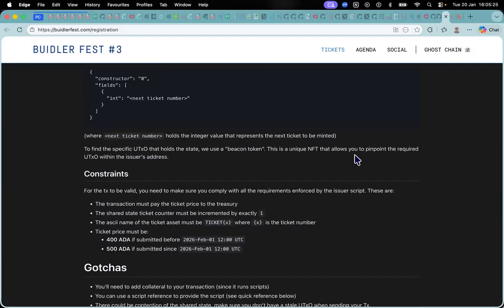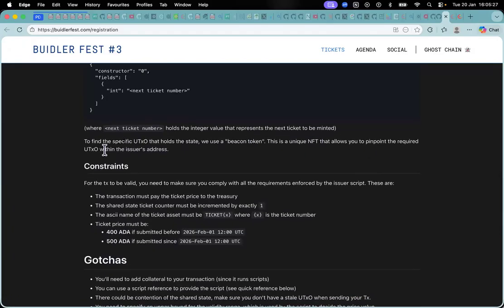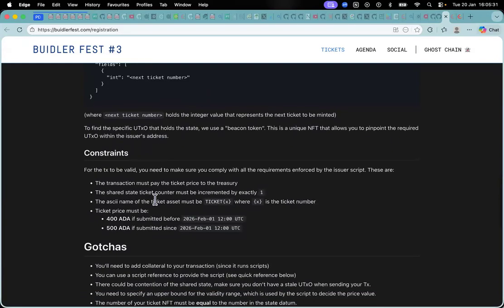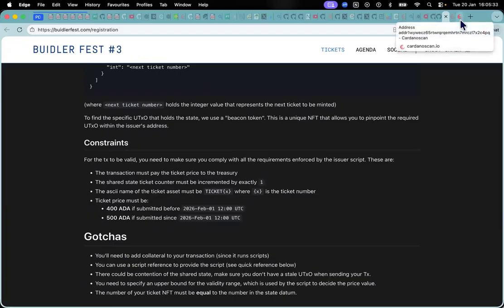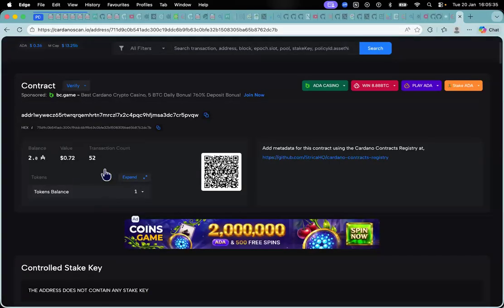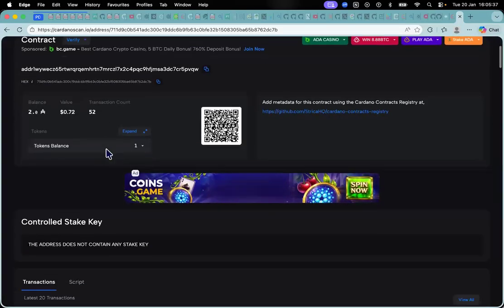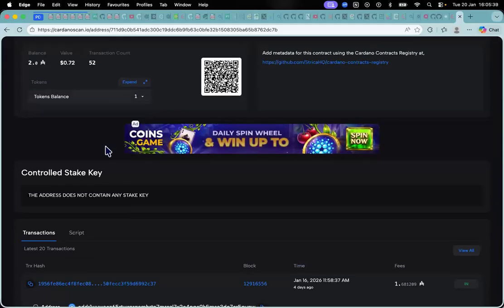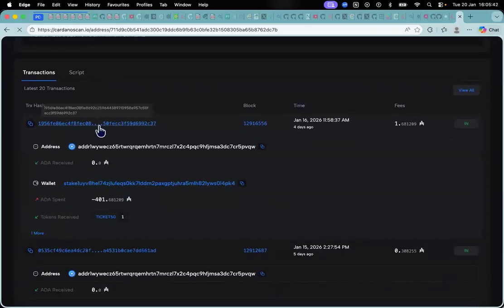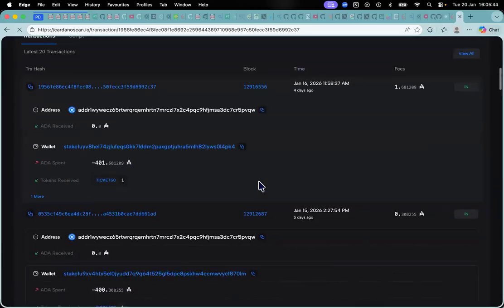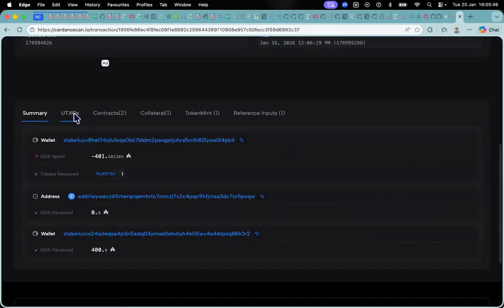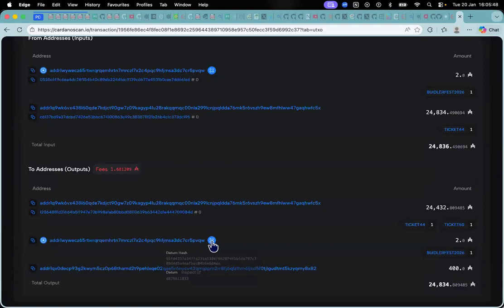This is a unique NFT that pinpoints the required UTXO within the issuer address. I think this is the issuer address we checked. Where is the token? I'm just trying to check. Let me check this transaction. Let me check UTXOs. Let me check the datum.